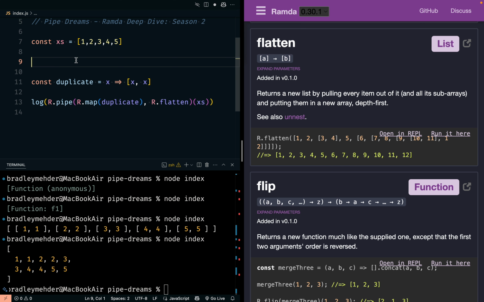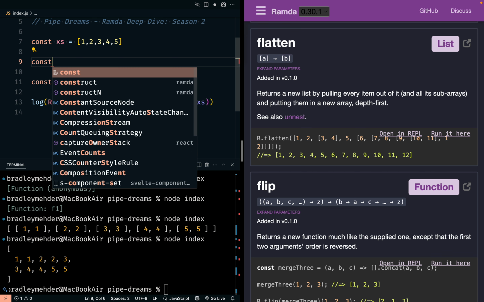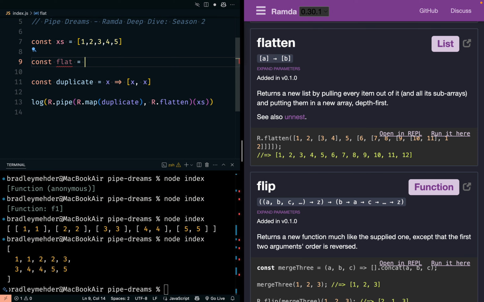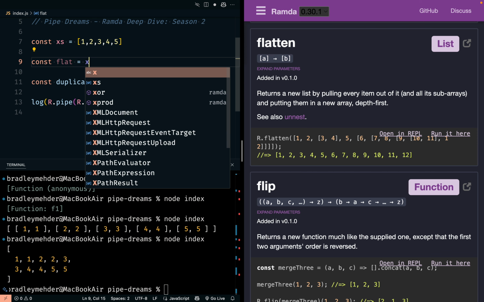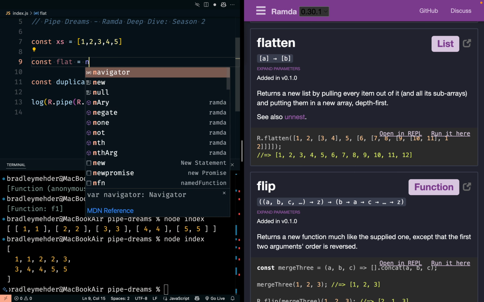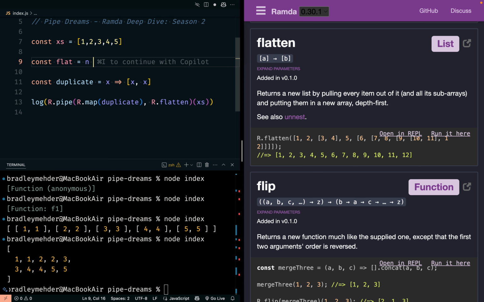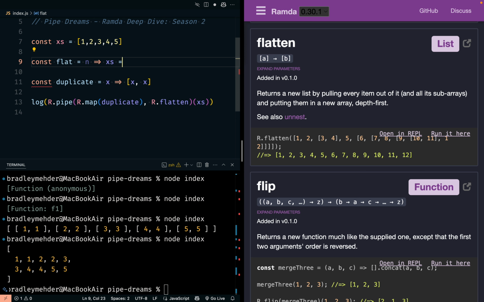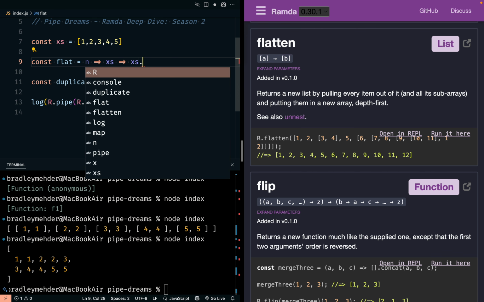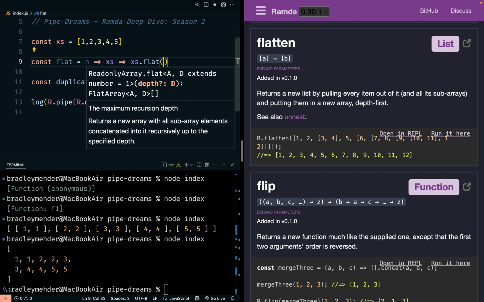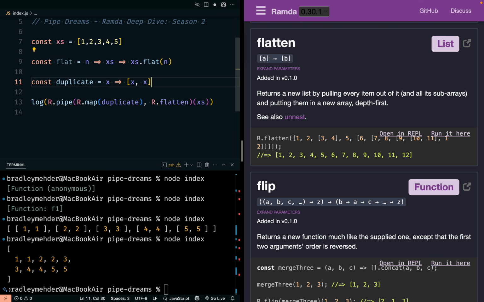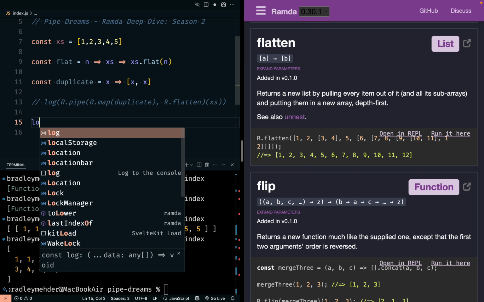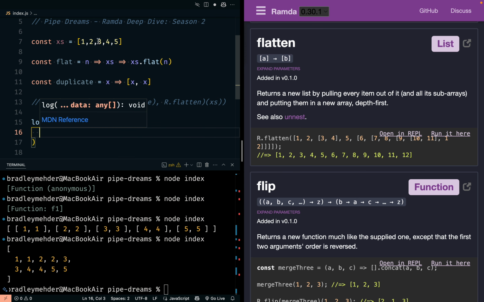But if we want to just re-implement flat, where we could choose the level of flattening, we could say flat equals take x, or we could say n for the number of flattening, the level of nesting to unnest, and then return a function that takes the list, our x's, and then just do it the built-in way where we take the x's and call the flat method, pass the n to it, comment this out, and then let's say,